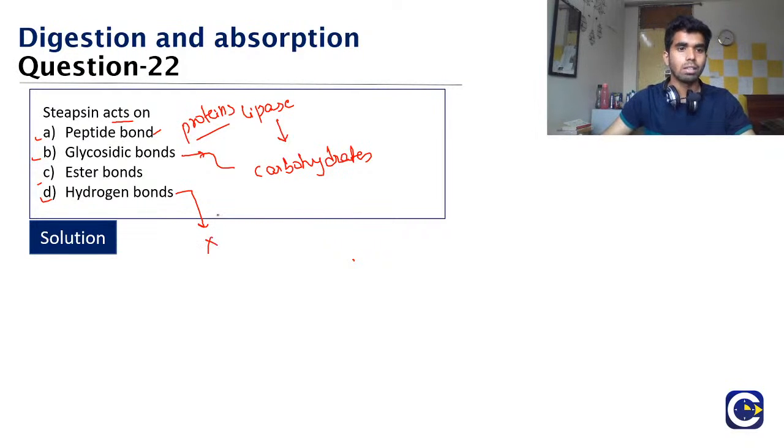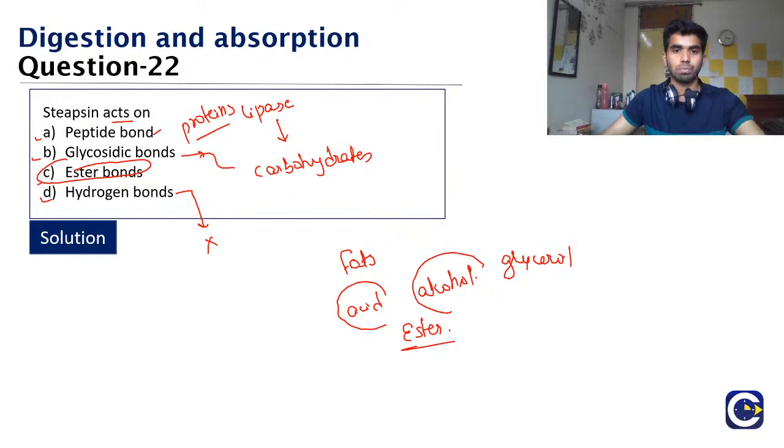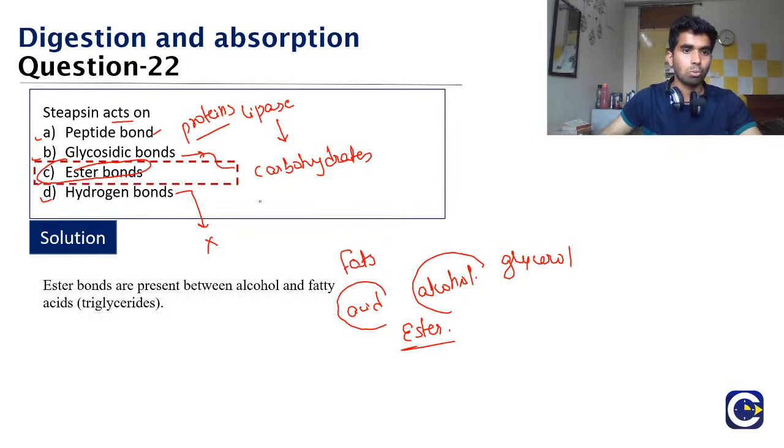So leave it. And in the lipid, the fats are formed by the combination of an acid and an alcohol. And the acid and alcohol, as you have learned in chemistry, form which bond? It is the ester bond, and that is why the correct answer here would be ester bond. The acid here is the fatty acid, and the alcohol is glycerol. So the correct answer is option C, that is the ester bond. Yes, very well done all of you.